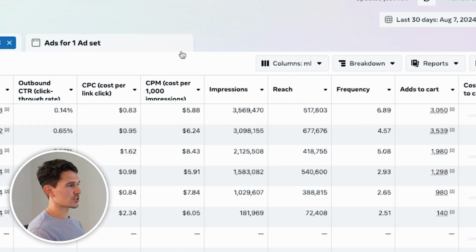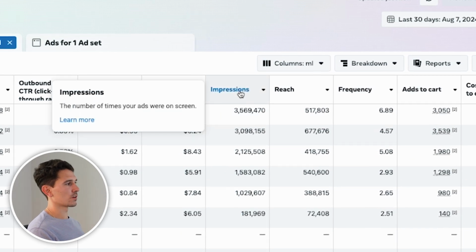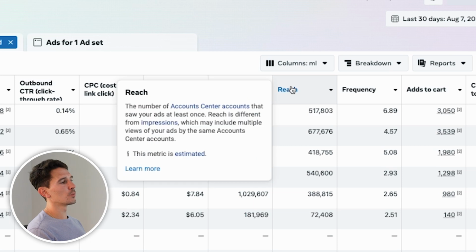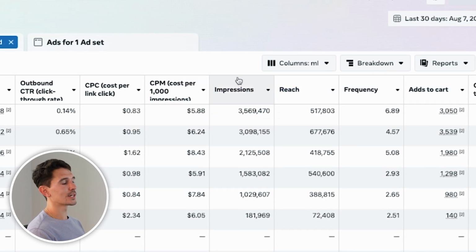It's really just important to understand, is it trending in the wrong direction or the right direction? Is it staying flat, etc. Next piece is impressions. So we always like to have a little gauge on how many people are we impressing, how many times are our ads being seen, and then we move on to reach, which is just unique impressions